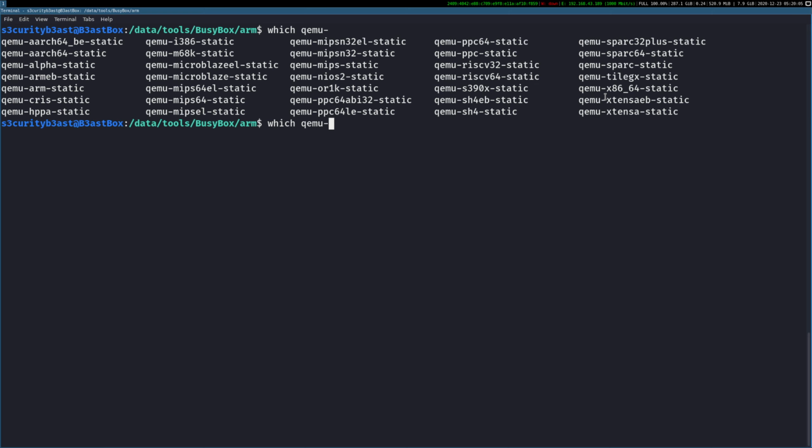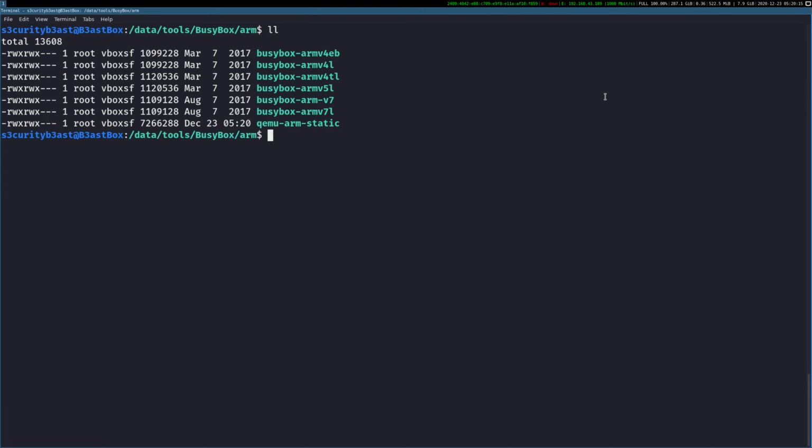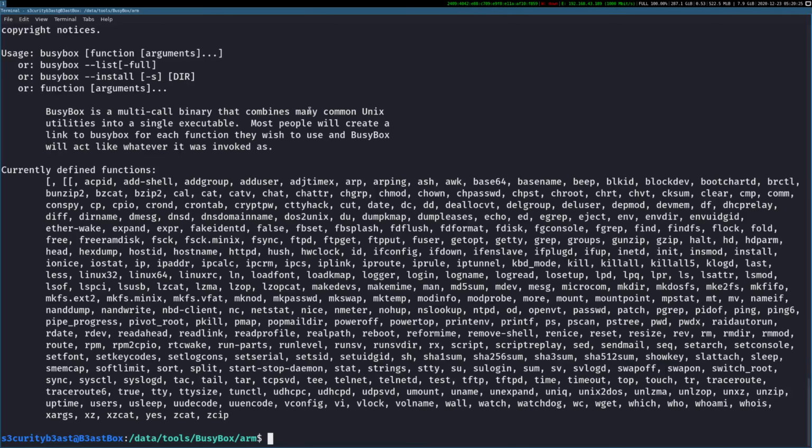Let's say we need qemu-arm-static. So cp, copy that file to here. Now we have qemu-arm-static. Now run qemu-arm-static and ask it to run the BusyBox. Let's see what it says. Here we go.